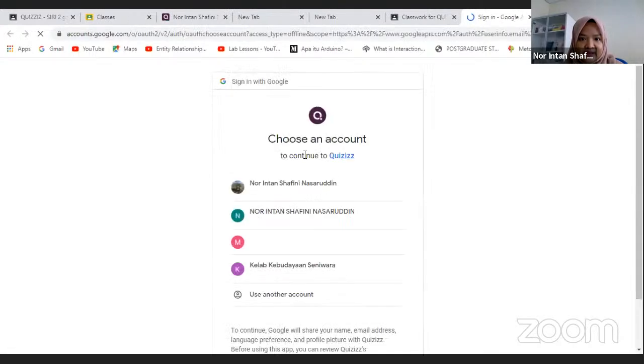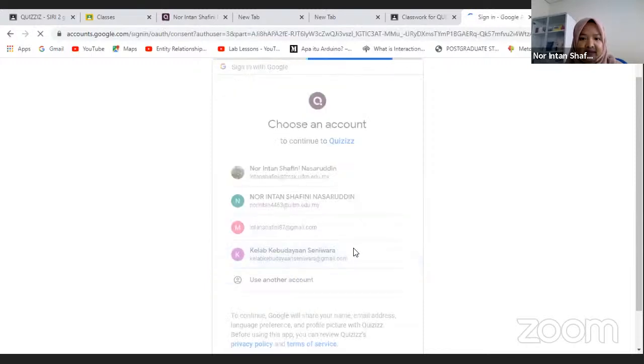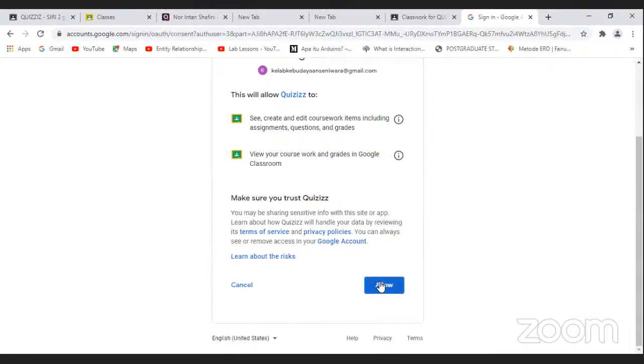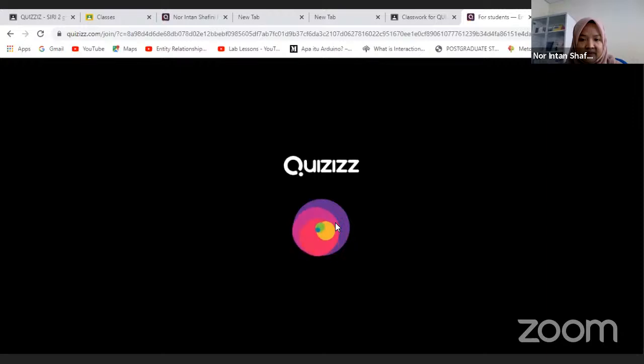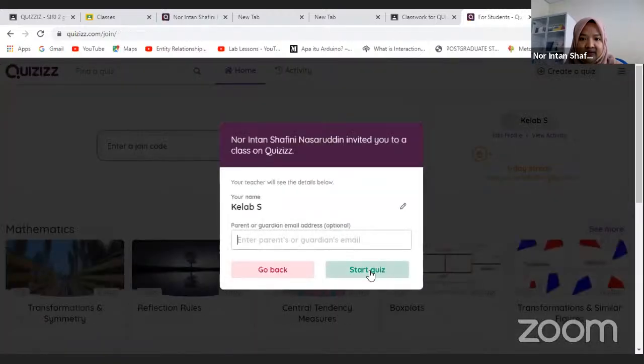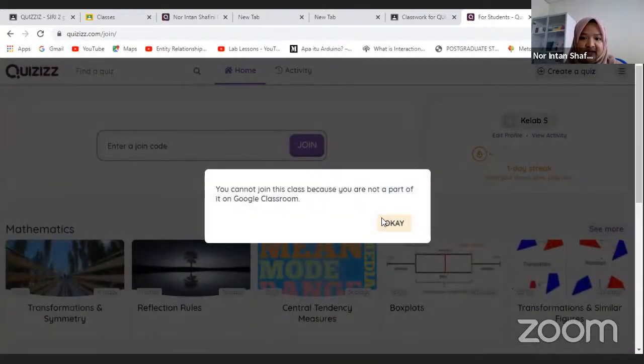And then for the quizzes, saya tadi login sebagai student, which is Intan Syafini here. Saya cuba untuk masuk guna different account from the Google Classroom. For example, I using my Kelab Kebudayaan Seniora here and I'm allowed. I try to start quiz using different email. So we will show like this. You cannot join this class because you are not a part of it on Google Classroom. So student tak boleh guna different email